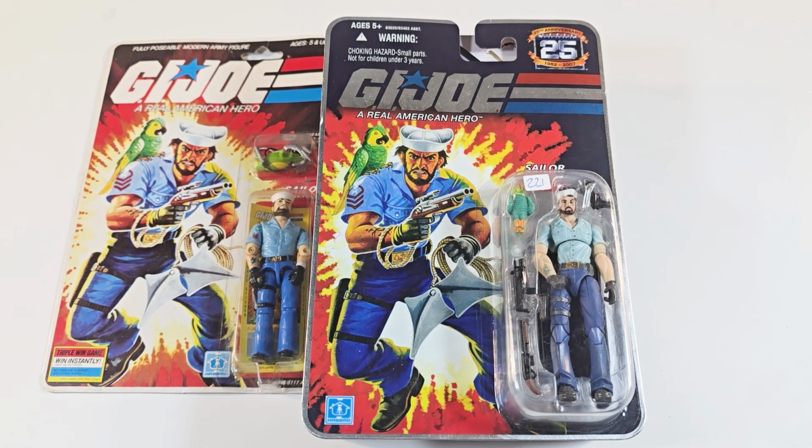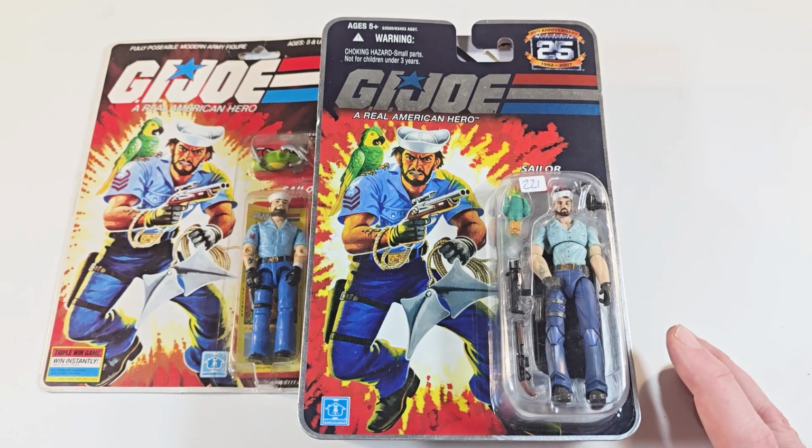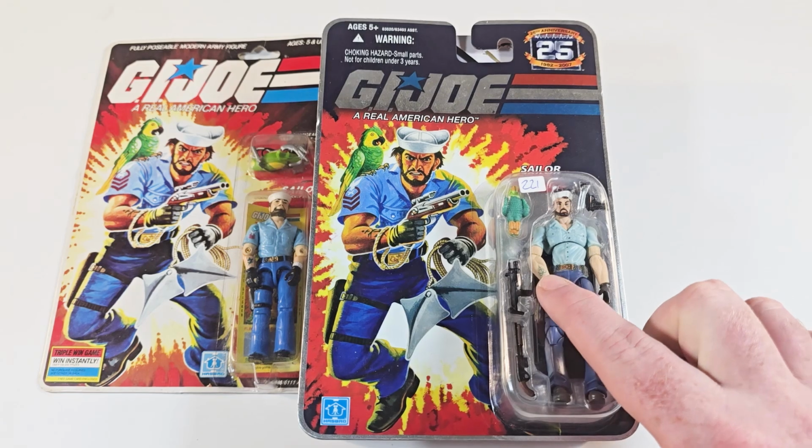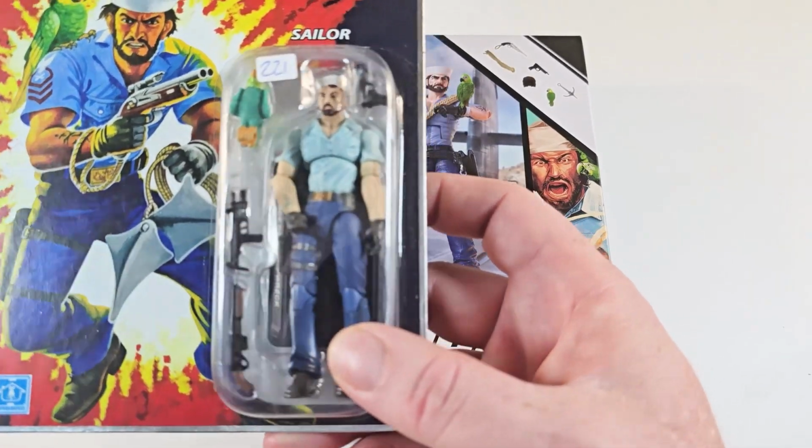So, of course, this one came out in 2007. There were three different kinds of versions of the figure. So you would have over here, let's see if we can see it. Oh, that's going to be hard to...